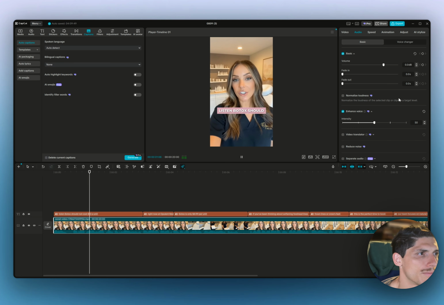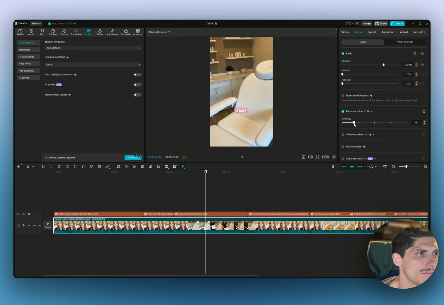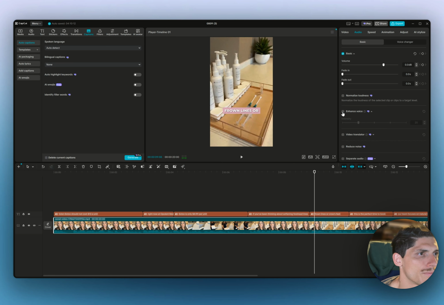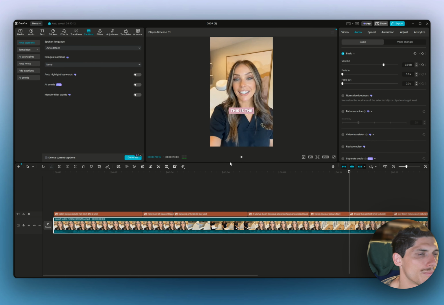Listen, Botox should not cost $13 a unit. Right now at Opulent Med Spa, Botox is only $8.99 per unit. If you've been thinking about softening forehead lines, frown lines, or crow's feet,